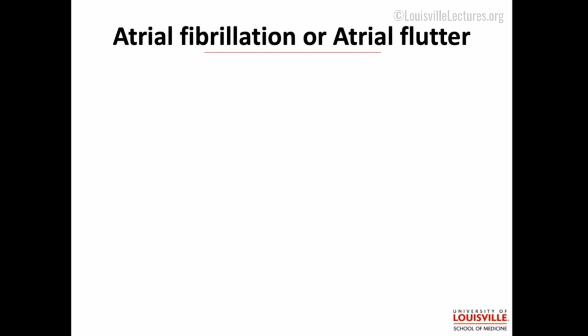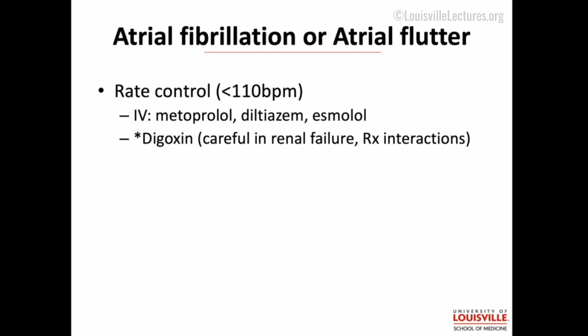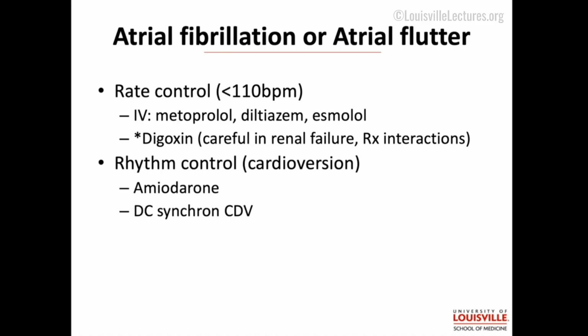So a few words on AFib or aflutter. Remember that our treatment strategy is rate control. We have various options that we can use, but we have to be careful given the patient's comorbidities. There's also rhythm control where we can cardiovert them back into sinus, either with electricity or with medications. The most common that you are going to see in your ICU or in your medicine practice would be amiodarone. We have others that we do as cardiologists, but less important for internal medicine.